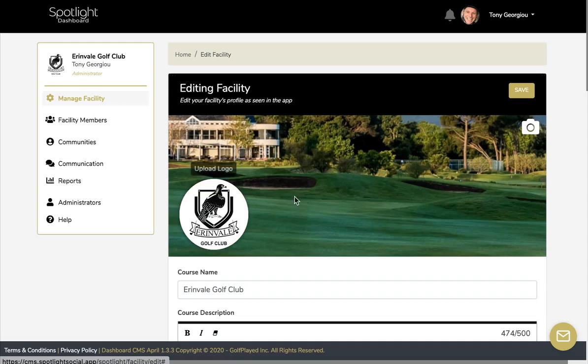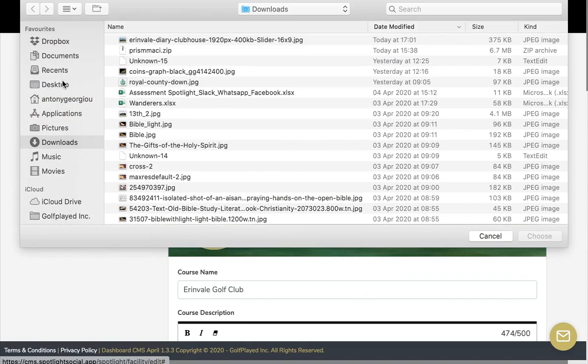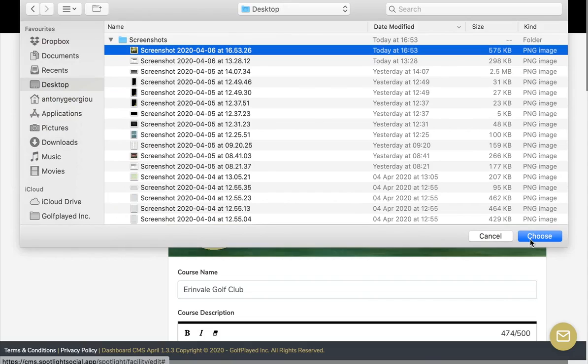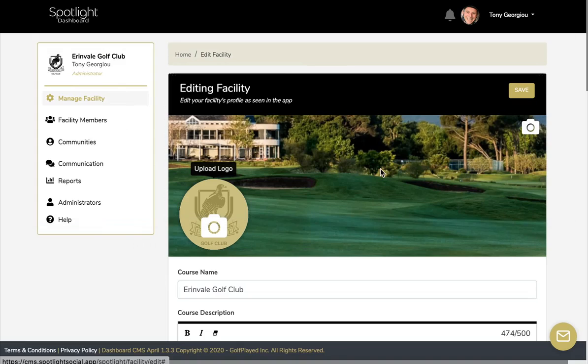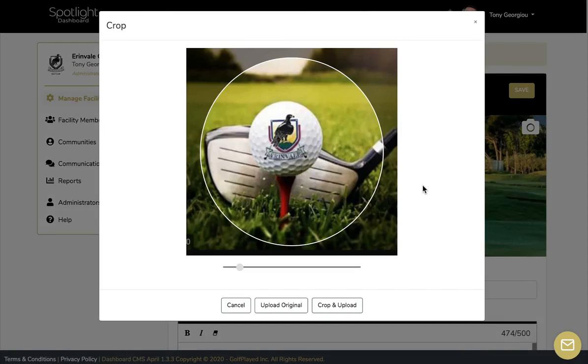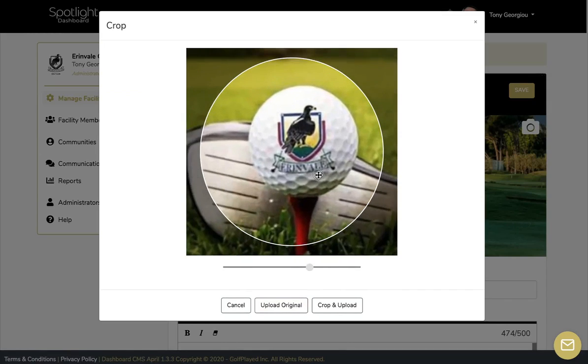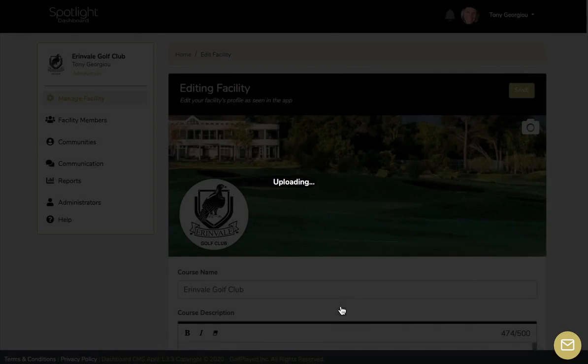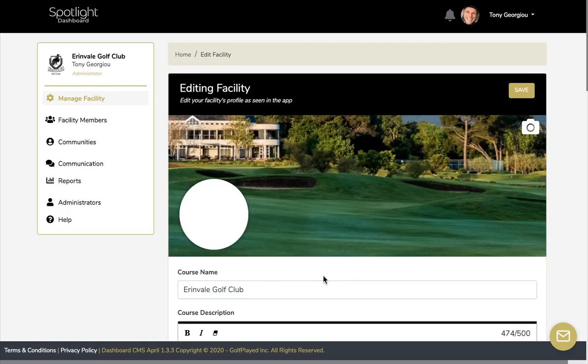And then if you mouse over the logo, then you click on the camera again, and once again I have previously downloaded an example here. A little tip here is choose a logo that you've zoomed out on, because it gets very difficult in the circular image size to actually get your logo to fit. So if you've zoomed out, you can always then zoom in. I'm just going to use a golf ball just so that one can see how you would load a logo up. So let's zoom right in, crop and upload that, and you will now see that it will load